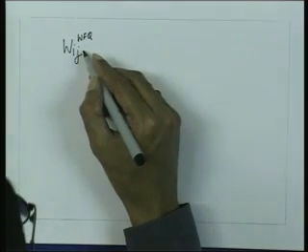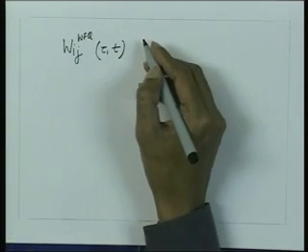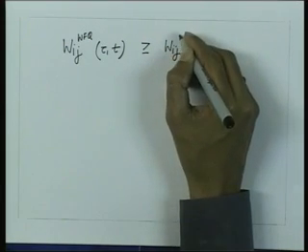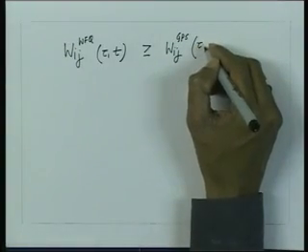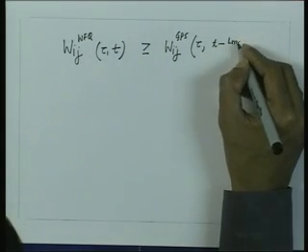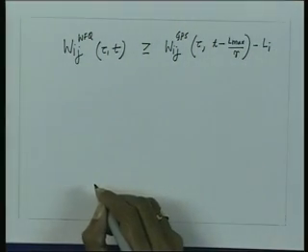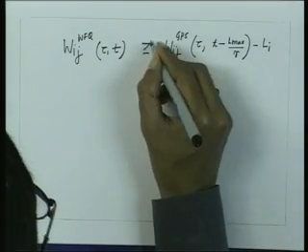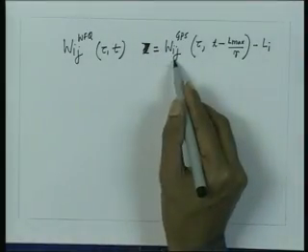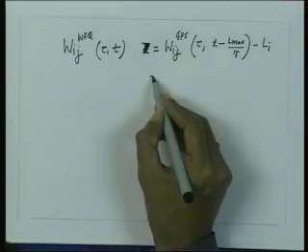Wij, that is the amount of traffic served by WFQ during an interval of tau to t, will be greater than or equal to Wij in the fluid flow fair queuing or GPS during tau to t minus L max by R minus Li, sorry, this should be equal, which in turn for the GPS, remember the GPS has a latency of 0, so therefore this should